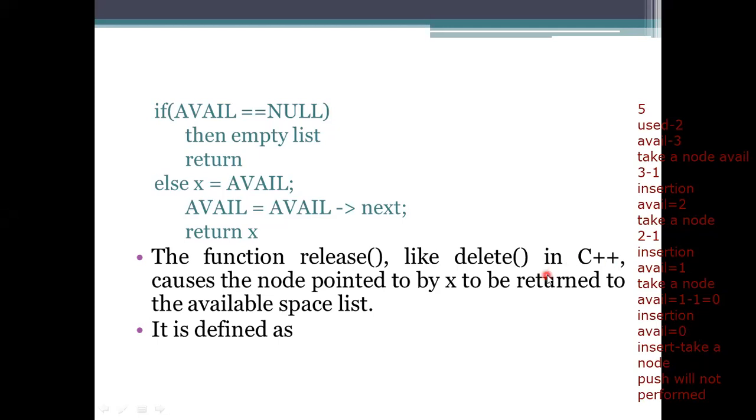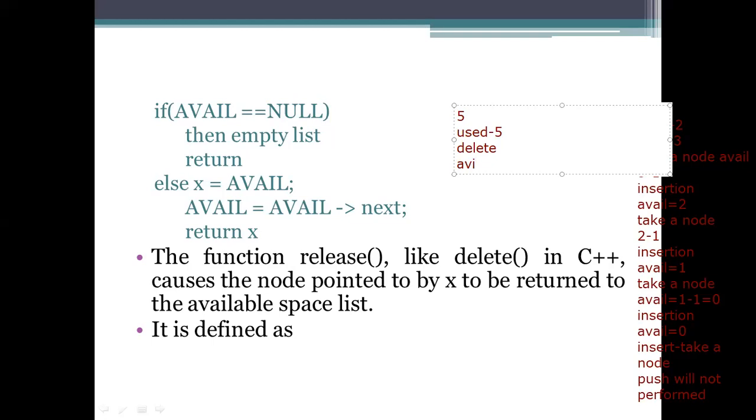The release operation is where we perform the deletion. How am I going to perform the deletion? Actually, we have 5 spaces, and the used spaces are 5, so there is no chance of insertion. So I need to delete a node. After deleting, we need to update the available space, so we add the spaces back.